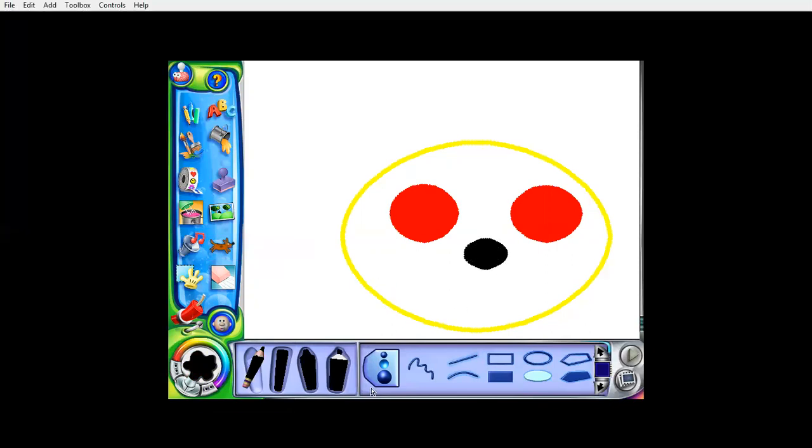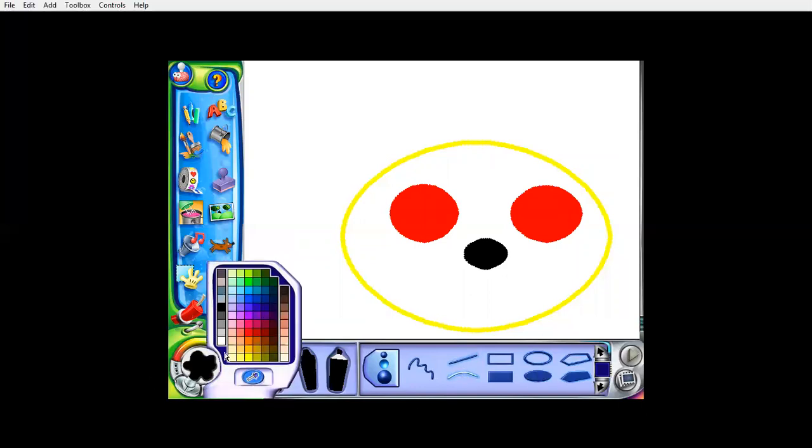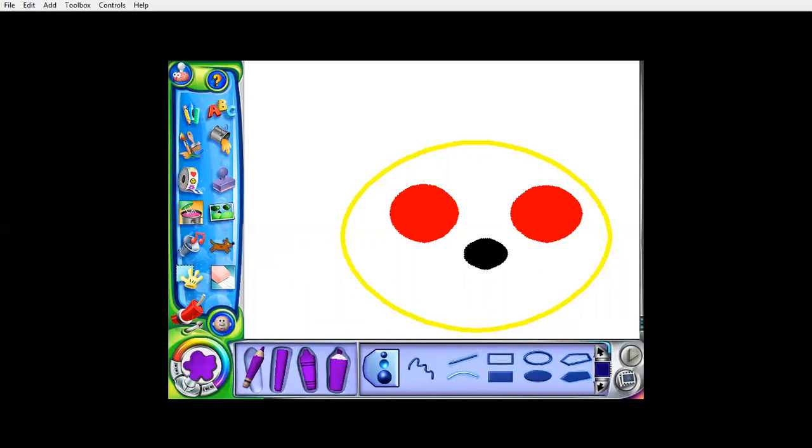Now it's time to make a good smile. So I'm taking a curve tool and let's make a smile with a purple color. So it is up to you which color you want. You can make a curve according to your wish. Okay. So see, this is how my smiley is being created. Isn't it looking very nice? I hope you liked it.